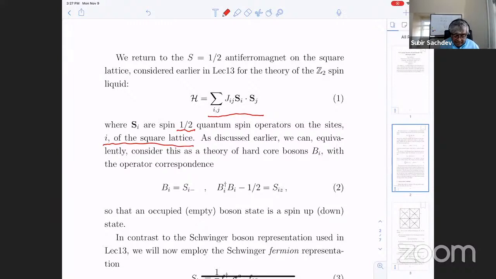And you can of course rewrite it in terms of hardcore bosons, capital B, at half filling. Okay. So this is the kind of theory we want to study. And among the phases we met for this particular class of models, we're also going to allow now,